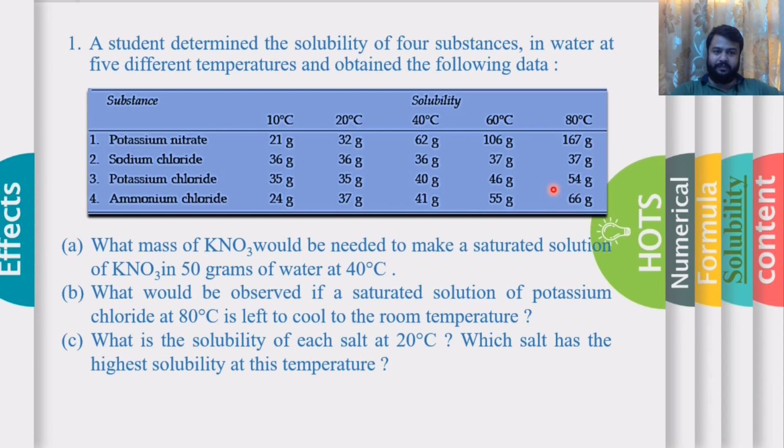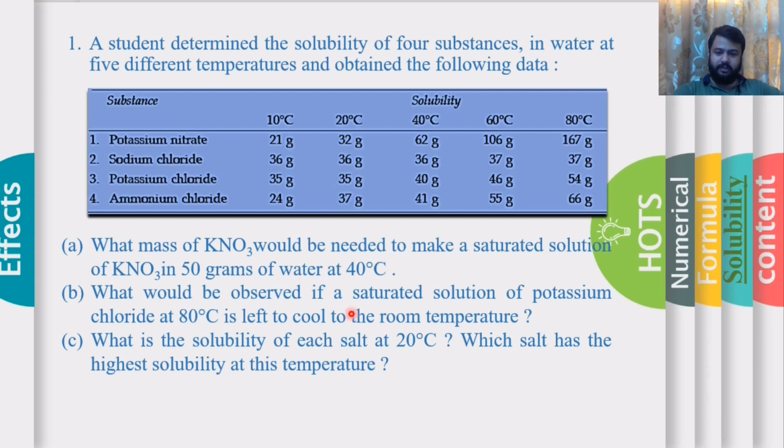But we left this particular solution at room temperature and we consider this room temperature is around 20 degrees Celsius. But at 20 degrees Celsius, the solubility of potassium chloride is only 35 grams. So what would you observe? We will observe some amount of solute at the bottom of the flask or bottom of the container in which this particular saturated solution is prepared. It means that when we decrease the temperature, the dissolved salt will come out of the solution and we will see some crystals of that particular salt, that is potassium chloride.